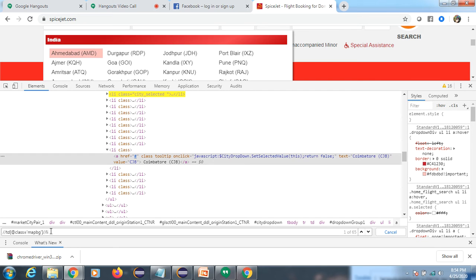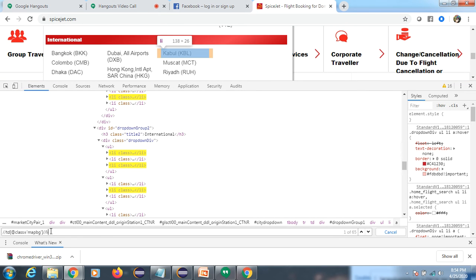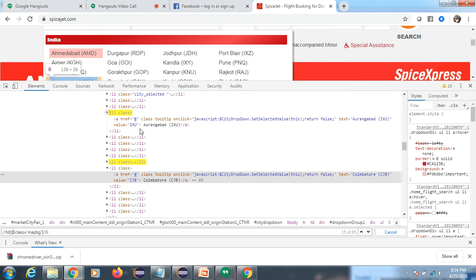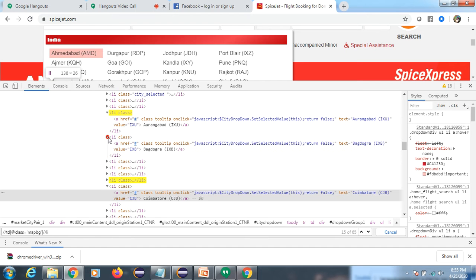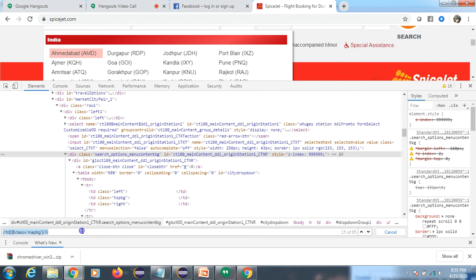So we will select everything that is present. Because of this we are able to find this complete drop down, right? Inside this is the li, you can inspect this li, and you can see all the city names are coming. Like that we can find this; you validate it one or two times and you will get an idea.